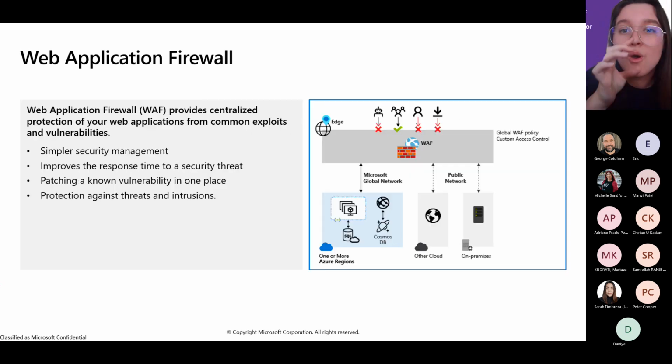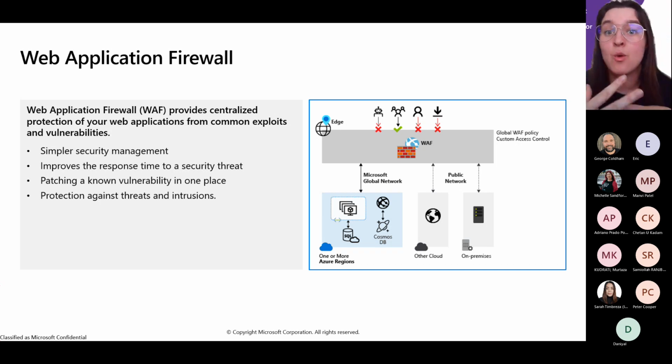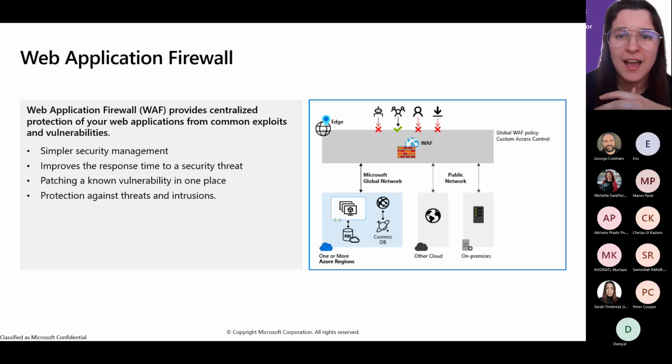So moving on. We've looked at how to protect your virtual networks, your virtual machines, and your data using NSGs and firewalls. But we also need to look at protecting your web applications. So this is where the web application firewall comes in, also known as WAF, which is one of my favorite acronyms ever. This provides centralized protection for your web applications from commonly known vulnerabilities like SQL injection and cross-site